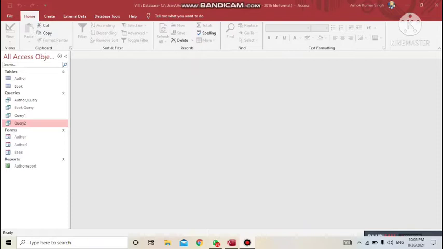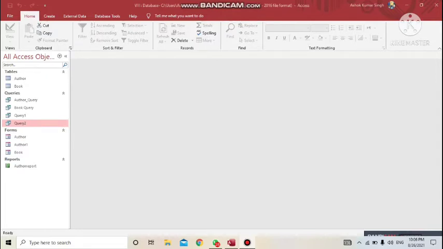Till tables, I think everybody has understood. Now I'm going to start with the next data object, that is query. So what is a query? If you want to extract some specific data from the database, like you want to ask a question, say you have a student database storing the records of all the section students, 10A, 10B, 10C, 10D, and you want to extract the data of class 10A only. So this is a question like: show me the records of students where class is 10A. This type of question you can ask the database with the help of a query.